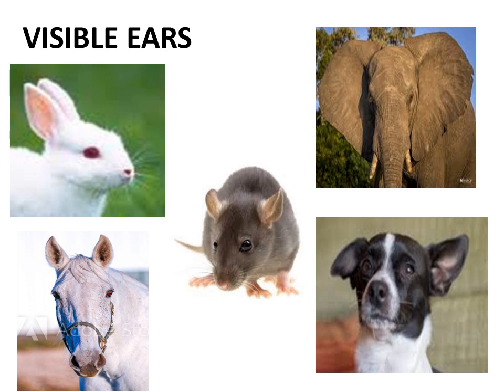In this picture you can see here the ears of rabbit, horse, rat, elephant and dog. The elephant has the fan-like ears that helps them stay cool. It is an adaptation of elephant to its environment. Do you know that African elephant has the biggest ears of any living animal?